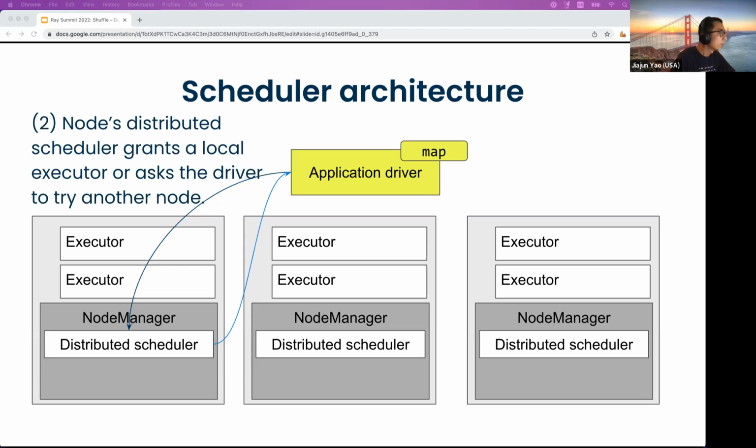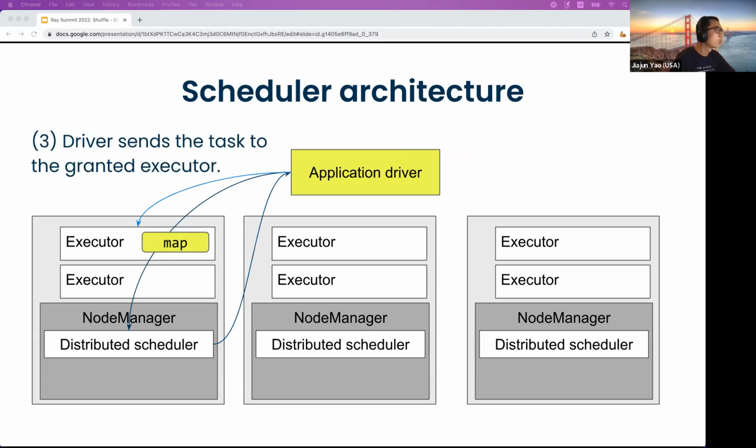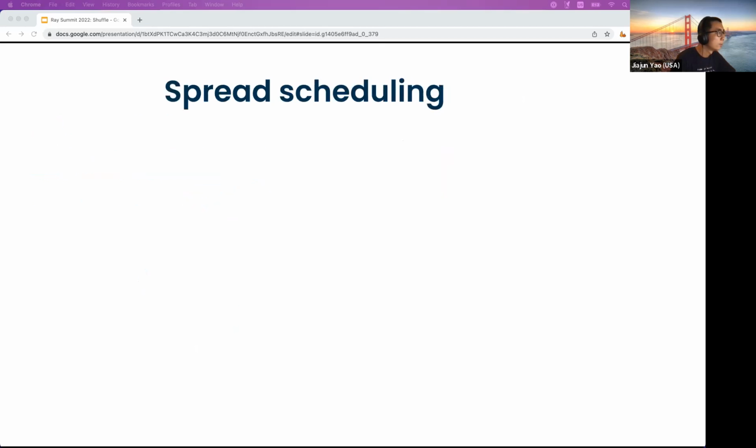And the chosen node's distributed scheduler will either grant a local executor to the driver, or will ask the driver to try another node if it thinks there's a better node to run this task. And lastly, when the driver gets the executor, it will send the task to the executor, and the executor will run the actual task. So this is the high level.